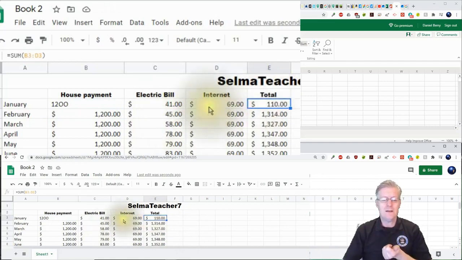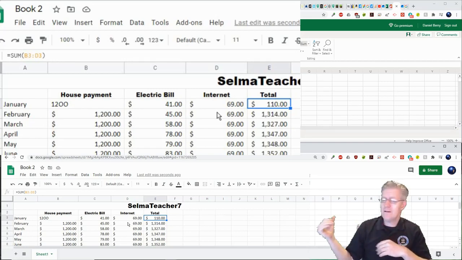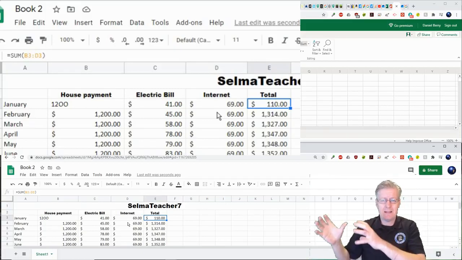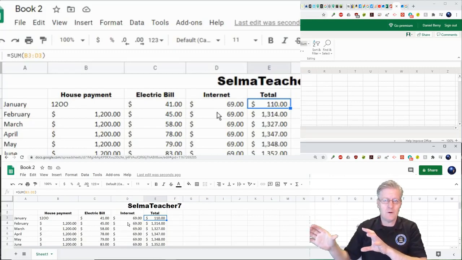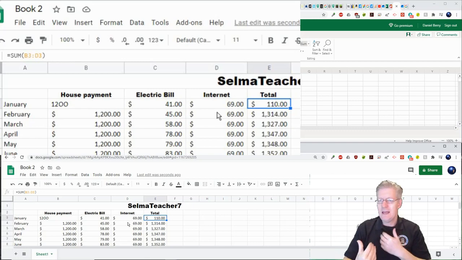Well, now what the artificial intelligence does is it ignores all labels. Now, what is a label, you ask? A label is any time you have something inside the cell that is not a number. For example, letters. If you have any type of letters inside of a cell, immediately that takes it out of the numeric format and puts it into the label format. And the artificial intelligence basically ignores those and goes right over it.